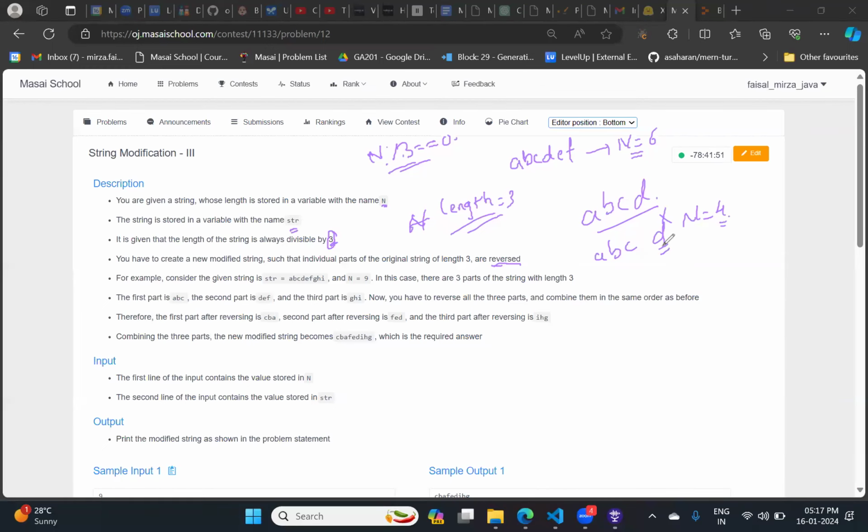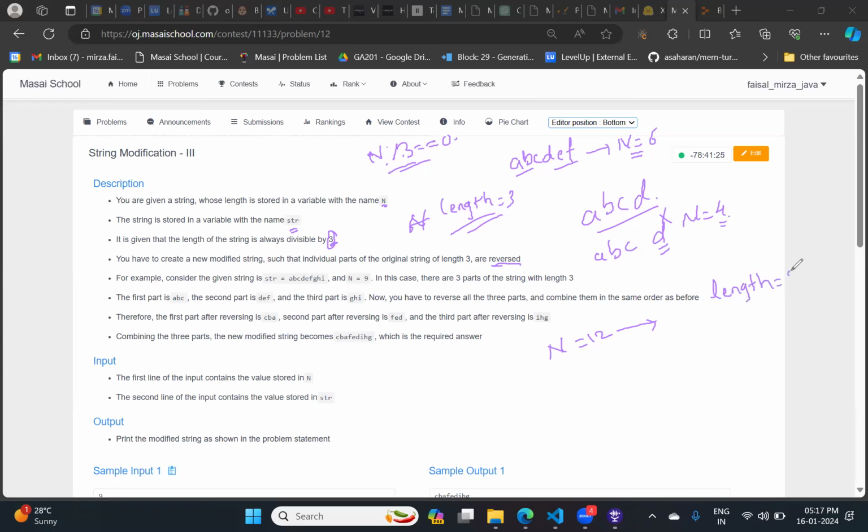So first of all, you have to divide the given string into parts such that each part has a length equal to 3. Suppose the length of the string is 12. Will you tell me in how many equal parts the string can be divided so that each part has a length equal to 3?